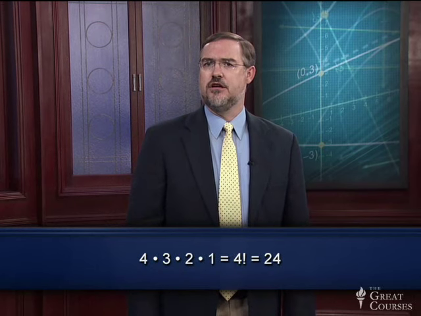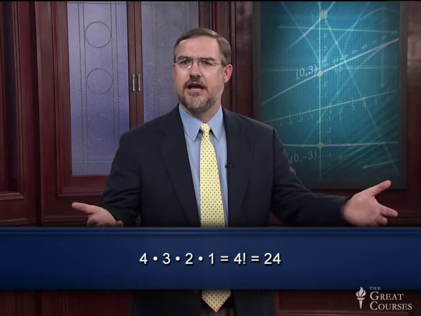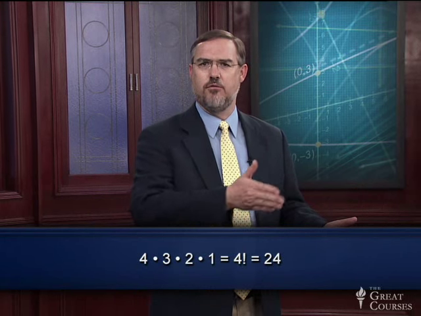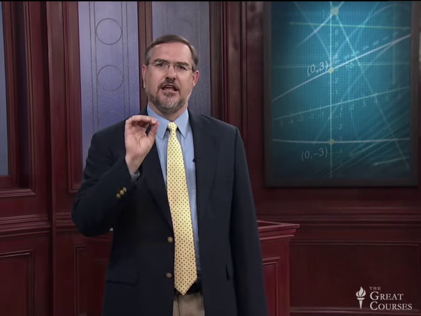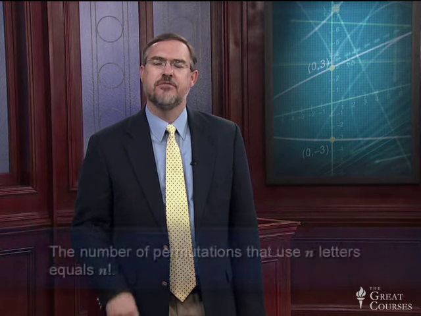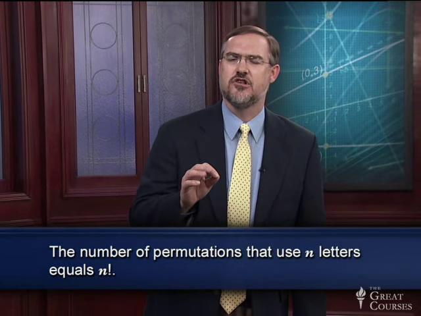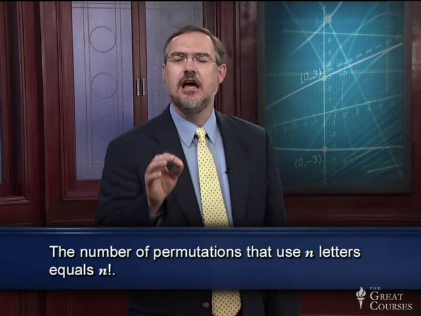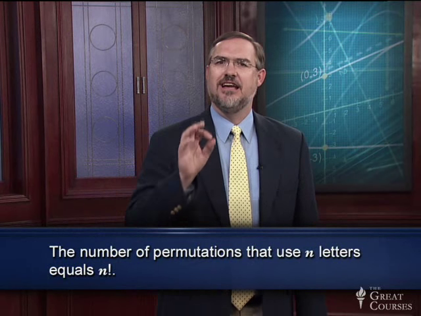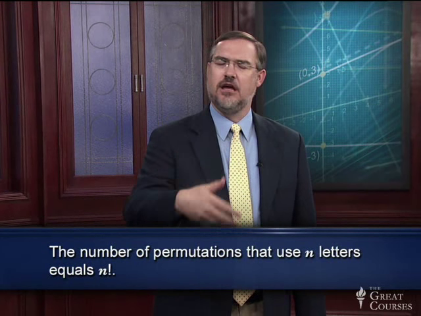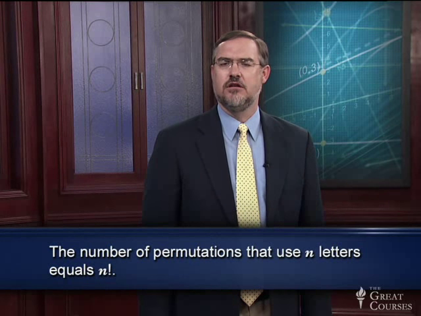And so there are 4 factorial permutations of 4 letters, which is the same as saying there are 24 permutations with 4 letters. And we could keep doing this, we won't, but we could keep doing this with more and more letters and more blanks if we wished. But the point is, we now see the pattern. And here's the fact about permutations. The number of permutations which use n letters equals n factorial,